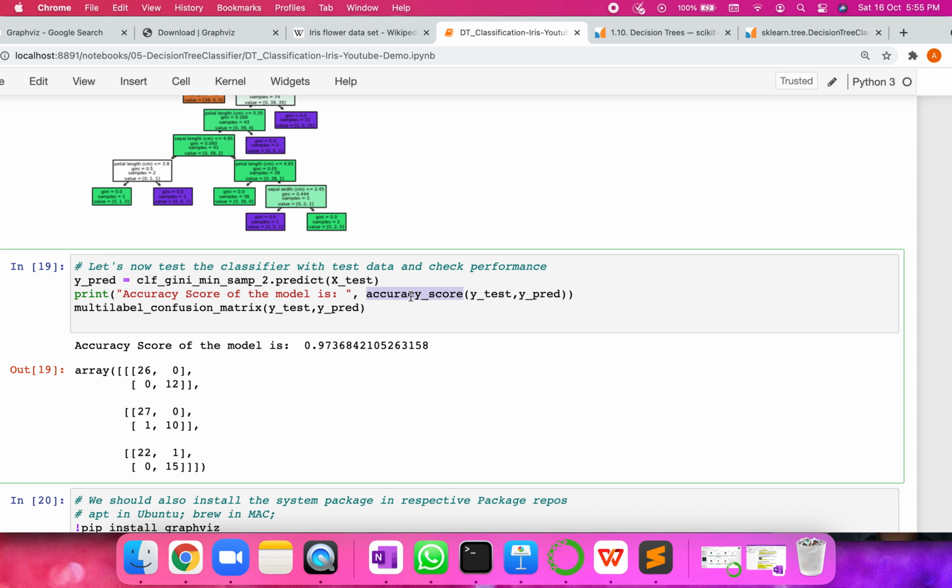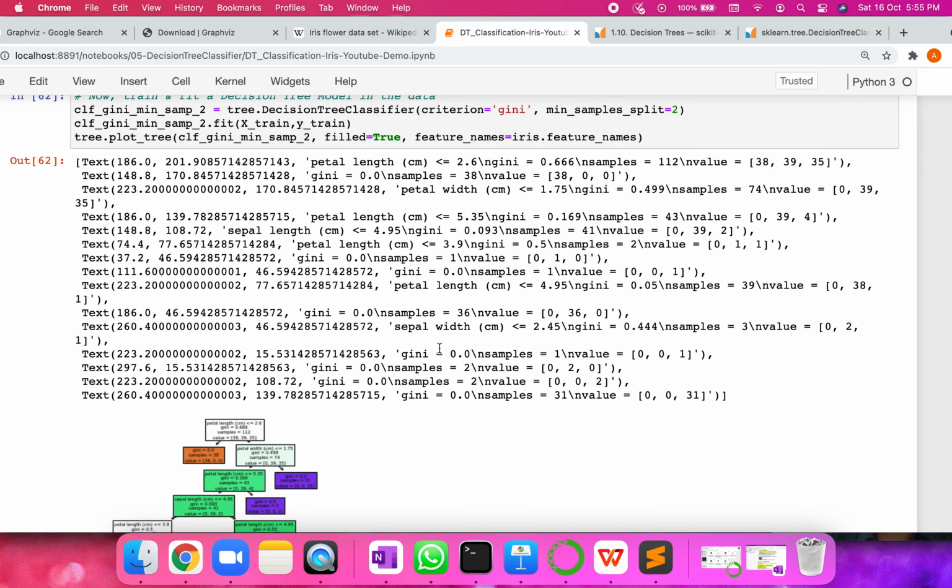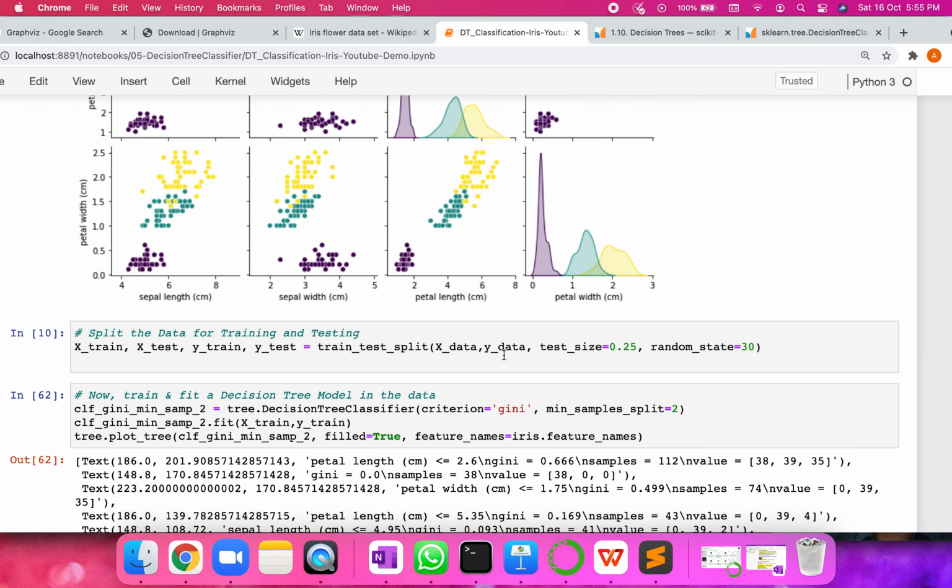If you remember, we imported it from the sklearn metrics library. Accuracy score takes these two and gives you an accuracy score. As we can see here, this is predicting about 97% accuracy, which is pretty good. So either the data set is too clean, or we have gone to the deepest level.